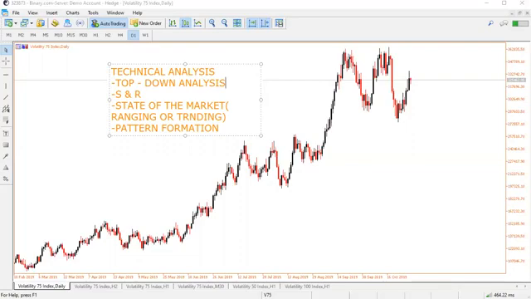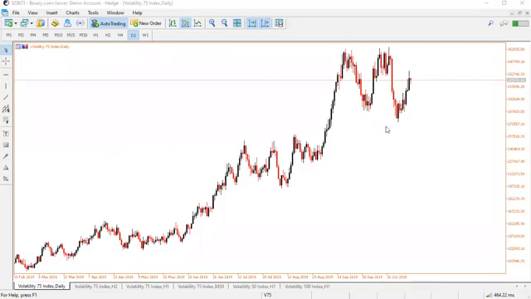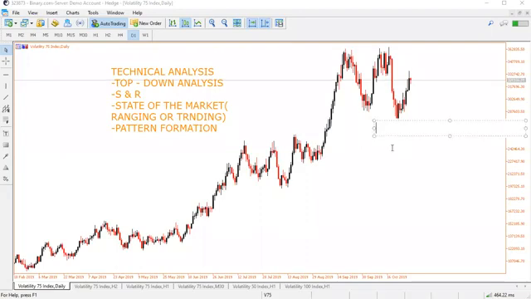When you get to your charts, you need to do your top down analysis. What do I mean by top down analysis? What I mean by this is that you need to go to your daily time frame,